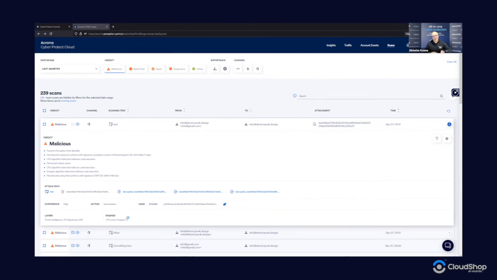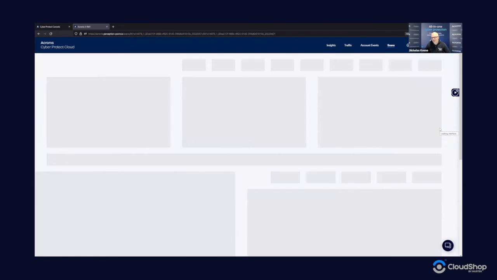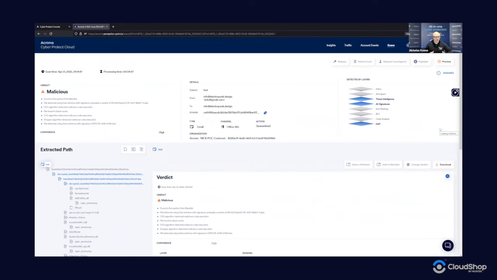So the solution can actually open the zip file and in certain cases extract the information from a password protected file. And we can see exactly where it was blocked, what type of threat it was, and it was scanned with multiple antivirus engines as well. Right? And we can actually go and get a lot more information on it. And this is really going to be a lot of information for you if you are a threat investigator, or you're really into the cybersecurity side of things,